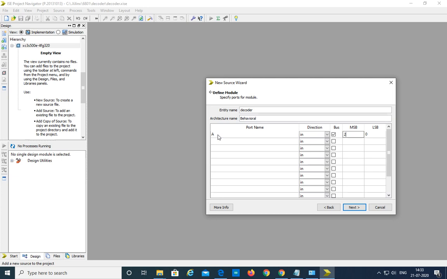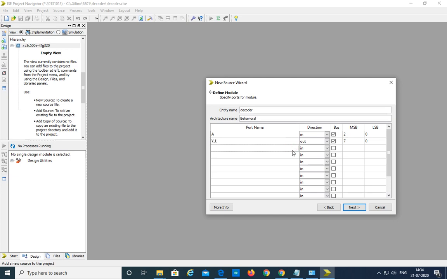That is total 3 inputs are there. Next, for y I am writing as the output here, and MSB 7 I am taking. That is y is the output. I am using here y underscore L, which gives you that these are active low outputs. So y underscore L is the output pin, which is of vector 0 to 7, that is 8. So that is 3 inputs and 8 outputs we have defined.